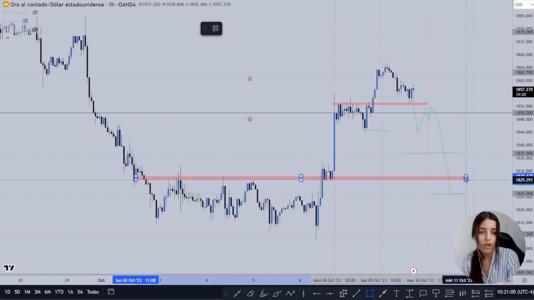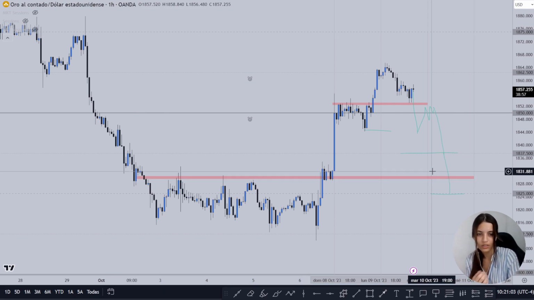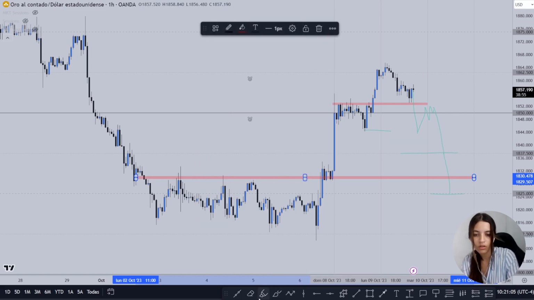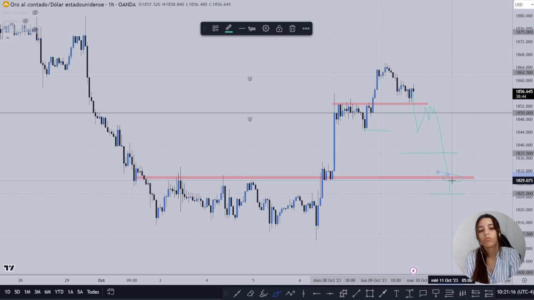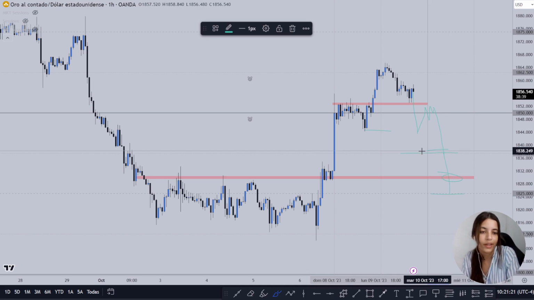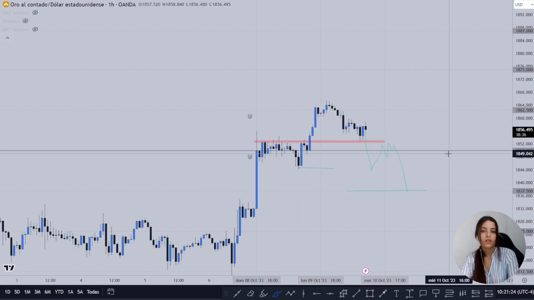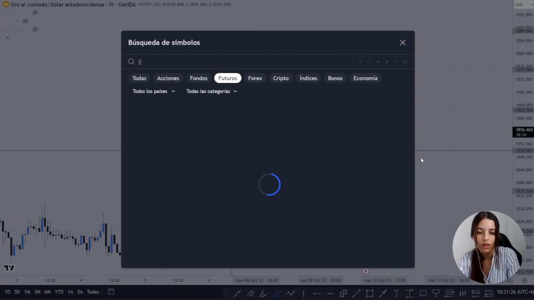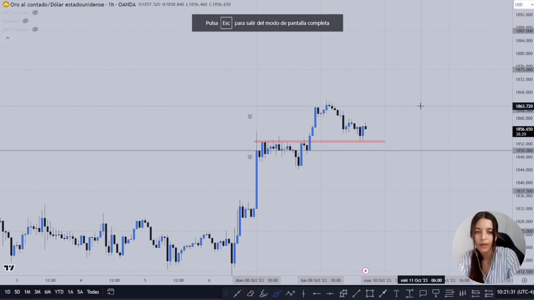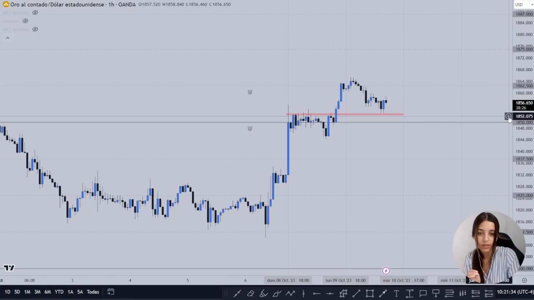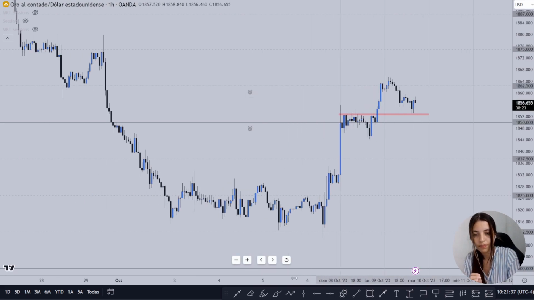Measure your movements. You can just adjust this as you want to make it more precise. Sometimes it won't just reach this level, but it can get to this one. So you can set your take profit just a little bit above, or in this case, it's the same. So yeah, basically on gold, I'm expecting buy setups because we are on a buy